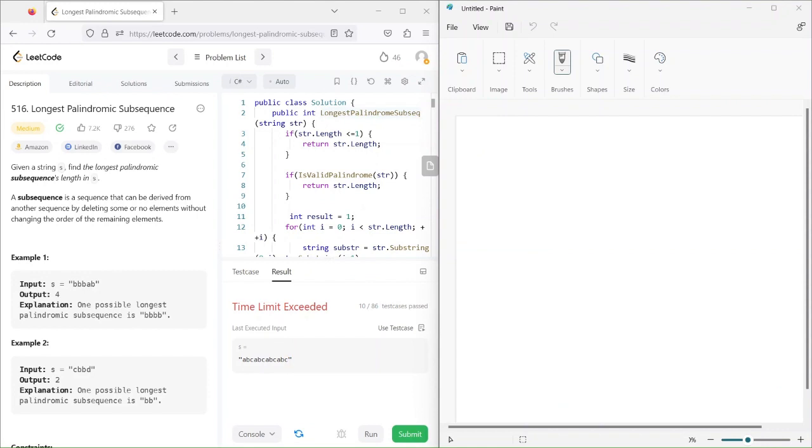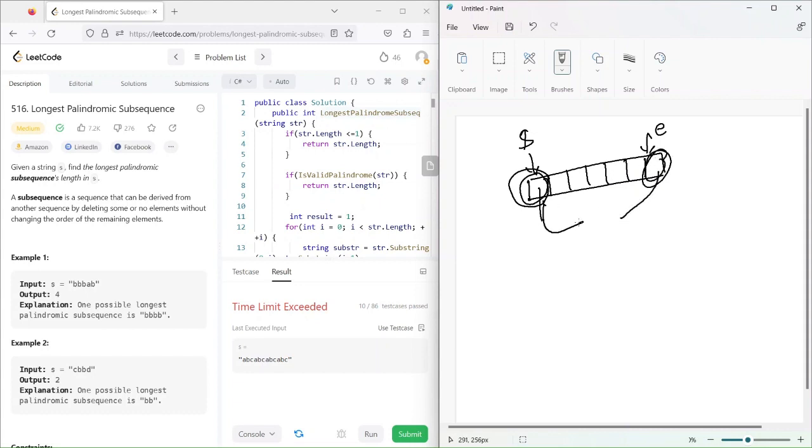Another better approach could be, for example, if I have a string and it's a palindrome, we're again going to use start and end. Suppose you check this character and this character, and if they are the same,